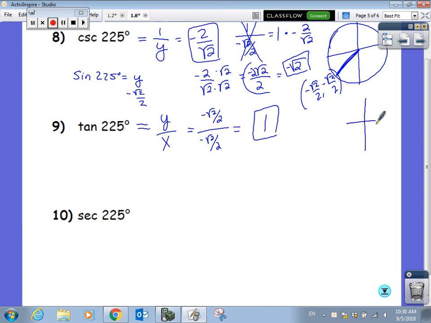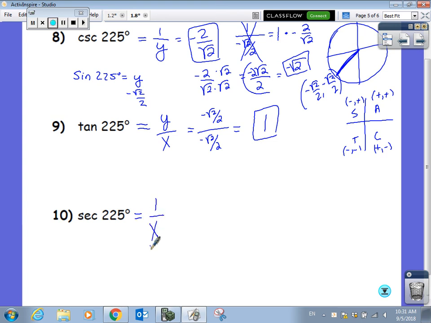Back a couple of sections ago, All Scots Take Calculus. All are tangent. Down here in quadrant 3, tangent is positive. Or just remember your signs. Negative, positive, negative, negative, positive, negative. Since the x and the y are both negative, our answer is negative. Cosecant is the y value. Y value is negative. So that is another way how we know at least the sign is correct, the plus or minus. All right, then secant,